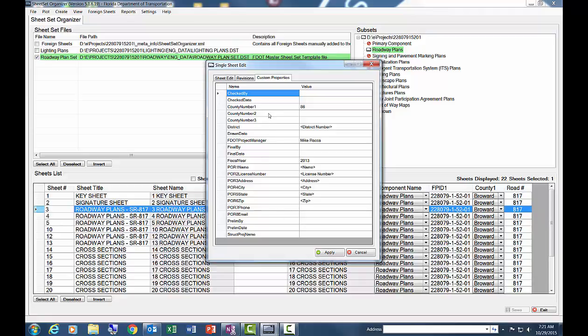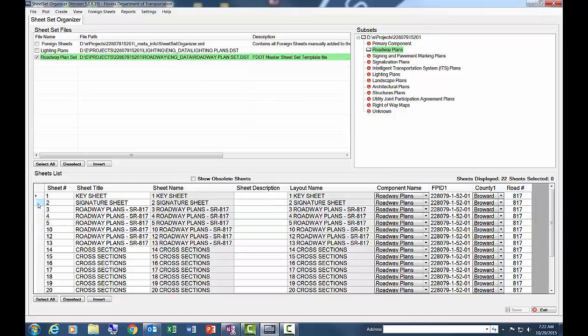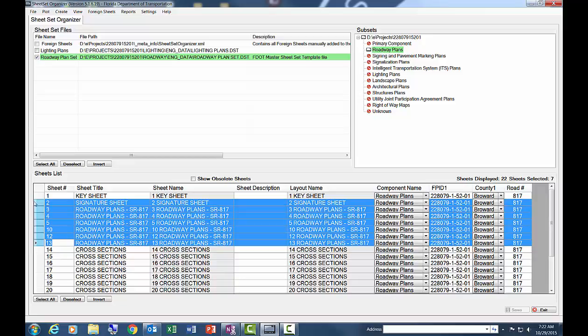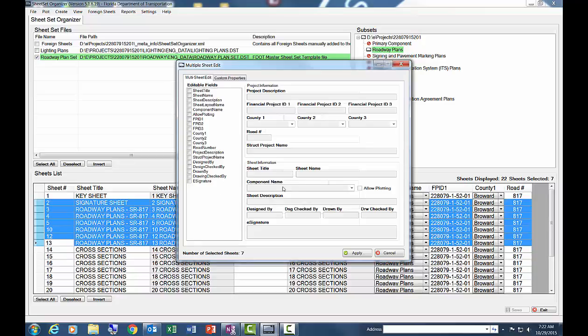Custom properties are created in the Sheet Set Manager application as part of AutoCAD, but we can reach those fields with this application and do some editing here as well. I'm going to go ahead and select Cancel, and as we saw that we can edit a single row, we could multi-select rows. So if I were to select these rows, right-click, Edit Sheets, and since I can select more than one sheet, if I say Edit Selected Sheets,